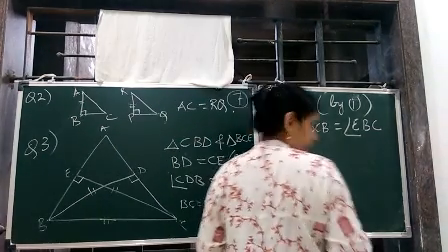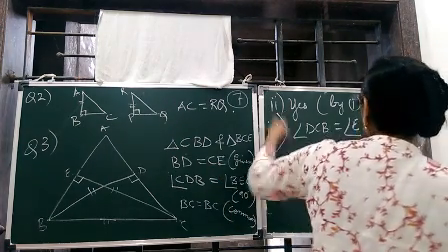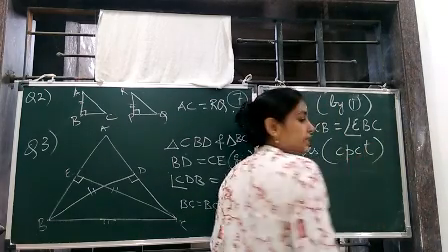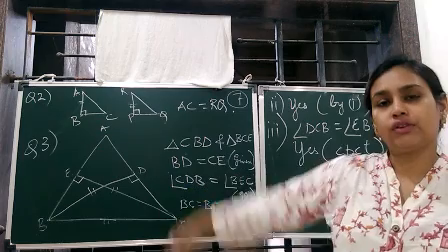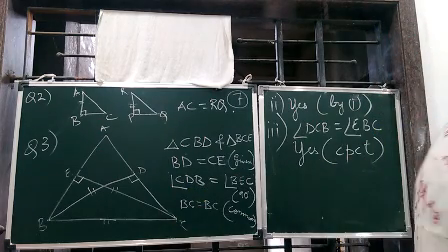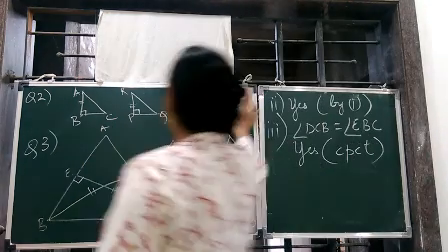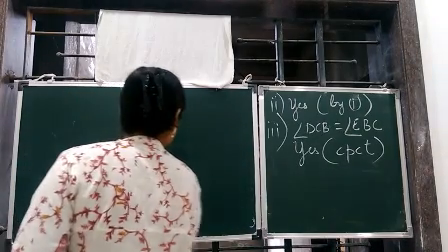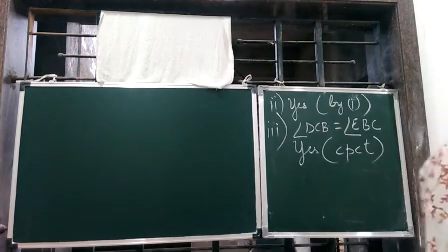So, this is the fourth one. No, this is the third one. So, this was first. This was second. So, we are writing for this only, na? Yes. By CPCT. CPCT means congruent parts of congruent triangles. They are the parts of the congruent triangles. That is why they are also equal. So this completes question number 3. We have to start with question number 4 now. Starting with question number 4, the last question.